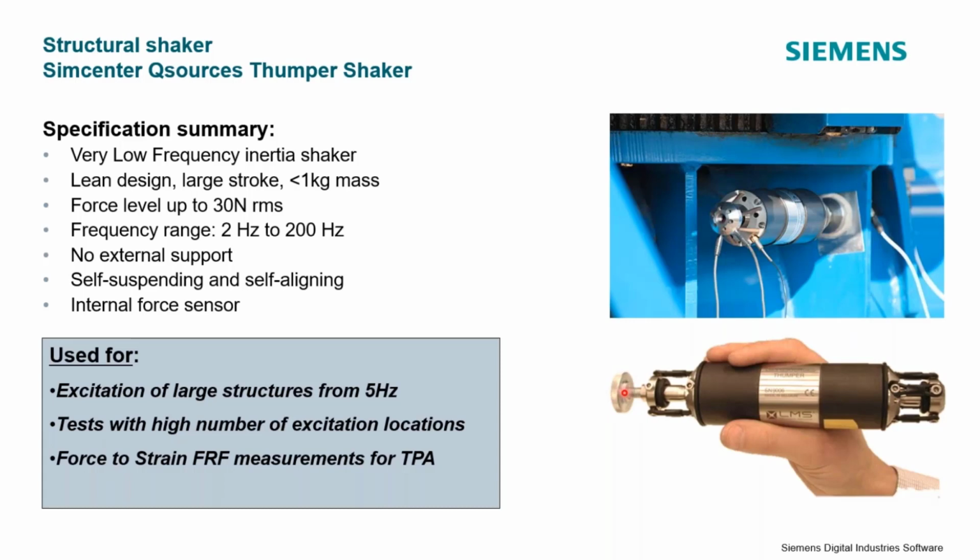So you see we glue it on here, then there's like a rod that goes through the inside. That is the only mass that's connected to your structure, essentially above the rigid body modes of the suspension, which is about 20 hertz or so. Okay, there's an internal force sensor, so you measure your force directly and can put your force into your structure in any direction. So you essentially glue this foot pad onto the structure, thread this into that foot pad, and then you can make measurements in any direction with high degree of repeatability.